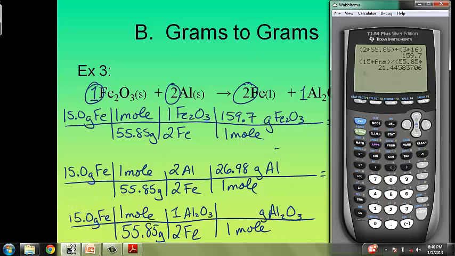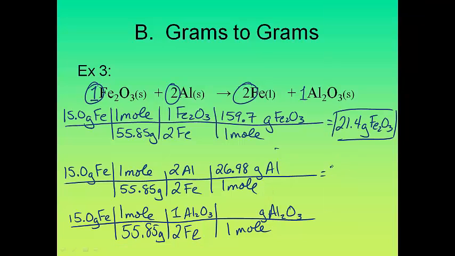Okay, now I do the second one. Open the parentheses. 15 times 2 times 26.98. Now notice there's an extra number in this one because in the first problem, 1 was the coefficient for the iron 3 oxide, but now 2 is the coefficient for the aluminum. So I have to make sure I put that in there. Divided by 55.85 times 2. Hey, shocking, it's the exact same bottom. Okay, this is 7.25